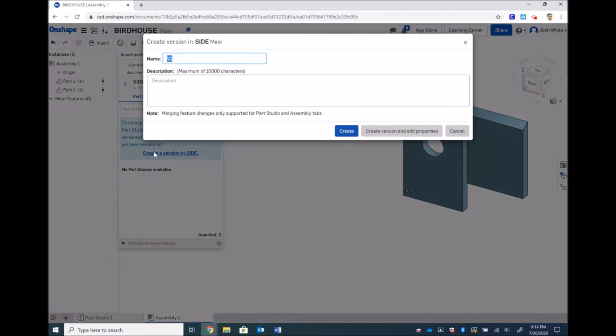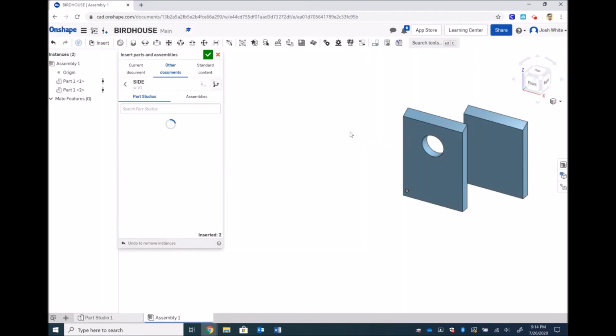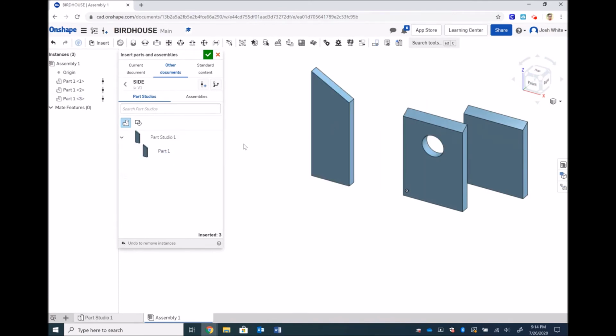We are going to create a version for our side pieces, and we are going to put in 2 of those.